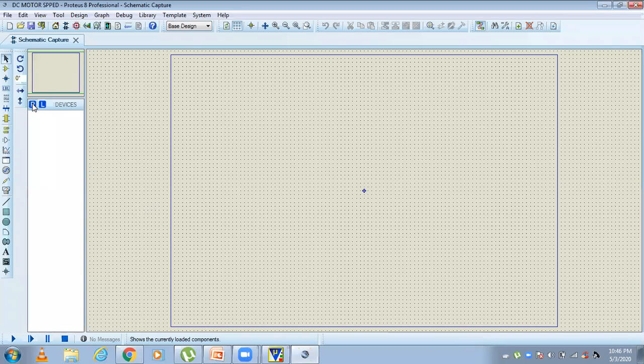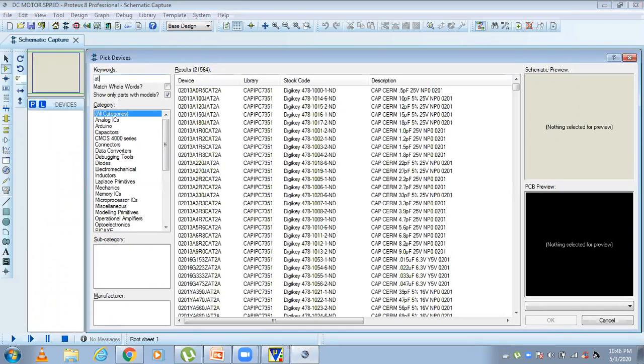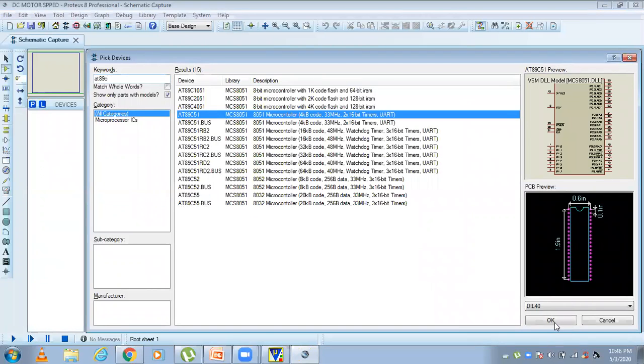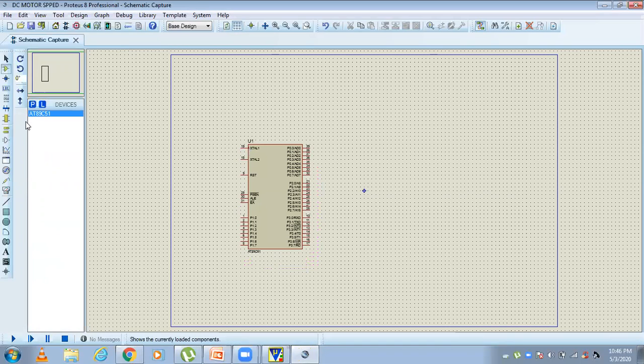Now, what components are required? Atmel 89C51 microcontroller and push button.